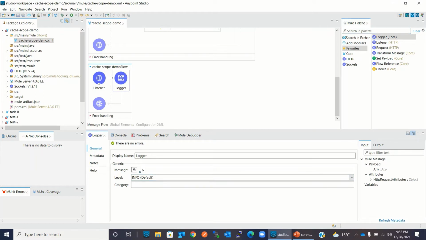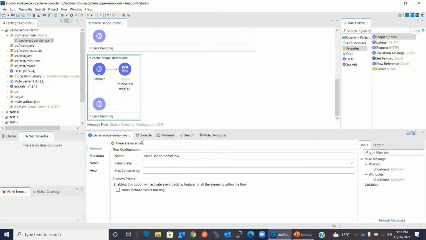I will say library flow entered. I will change the display name as well. I will copy this and change the flow name. Okay, so I will directly change it to library flow.